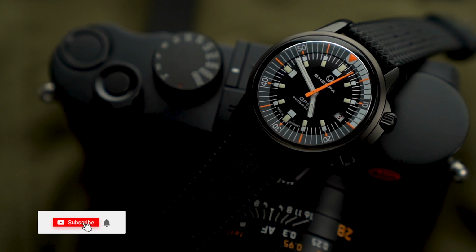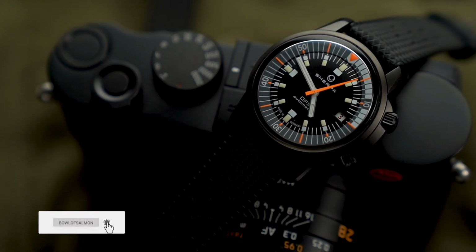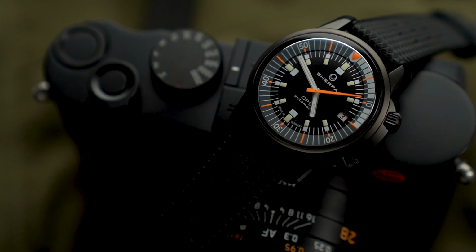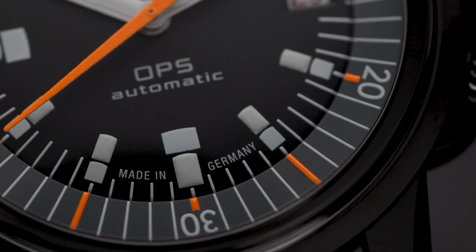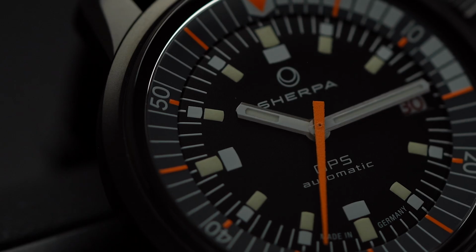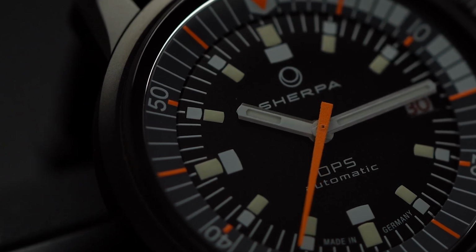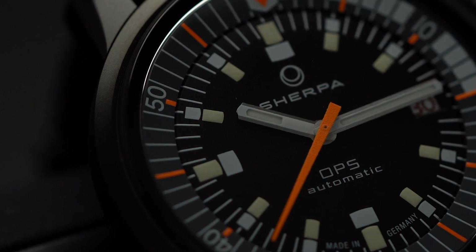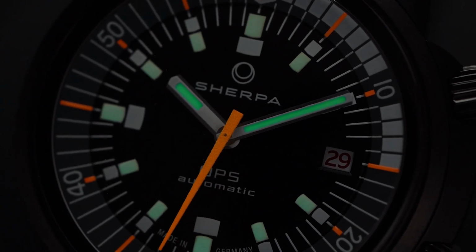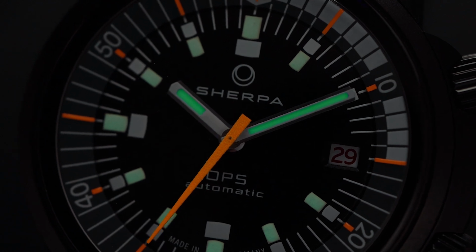Sherpa is a 100% European product, using mostly Swiss and German partners. Not one screw is made in Asia, so all the way at the bottom of the dial we see the words "Made in Germany." For the hands we find a faceted minute and hour hand with satin finish and lume in the center. The needle-shaped second hand sweeping around the dial is coated with custom orange Swiss Superluminova Grade X1. I especially like the look of that coating under macro, and that specially developed orange lume day glow is so